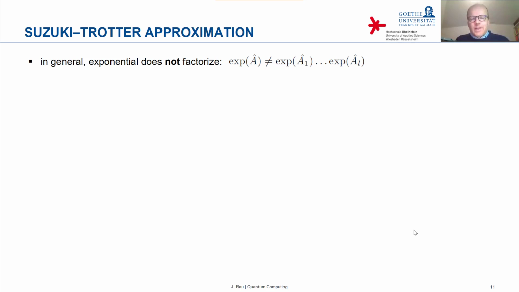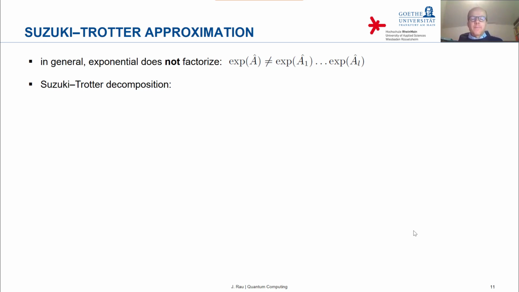When you exponentiate operators, or a sum of operators, then in contrast to exponentiating numbers, the exponential typically does not factorize unless all the operators commute with each other. So the exponential of the sum that we had on the previous page is in general not the product of exponentials. There's, however, a clever way of getting to something similar,